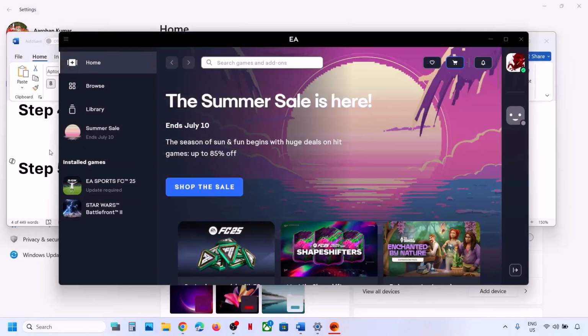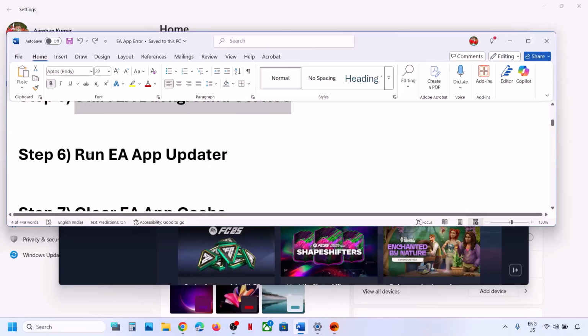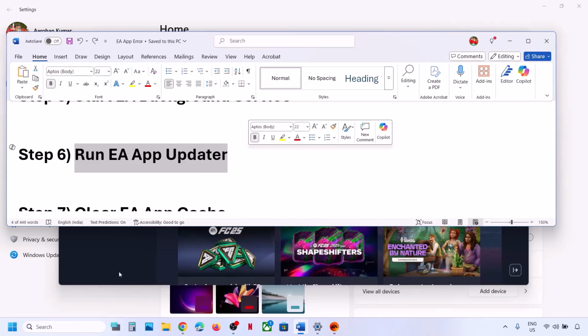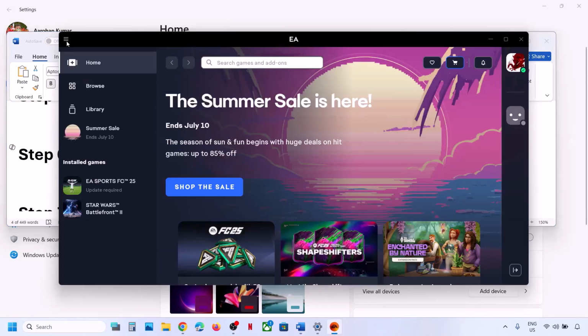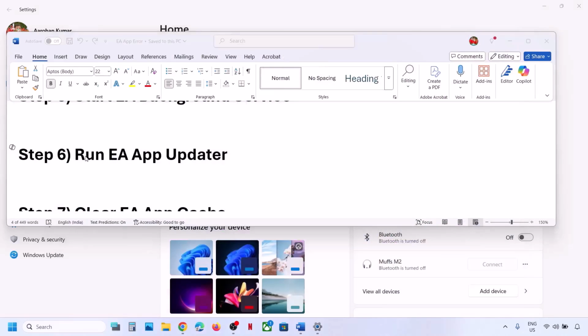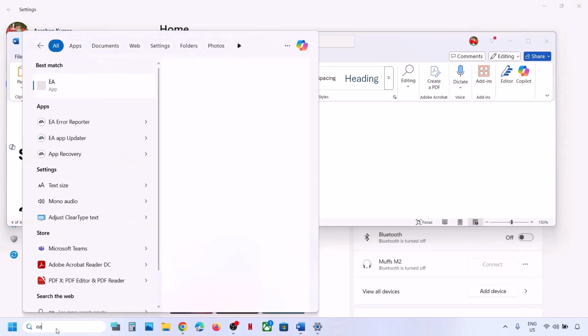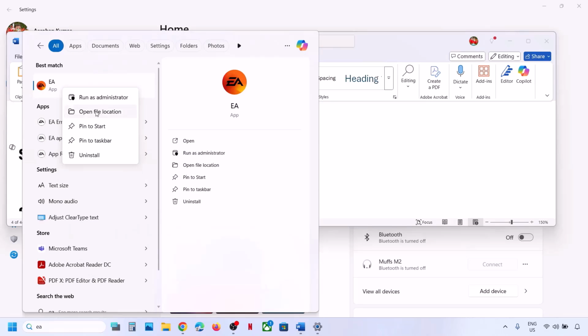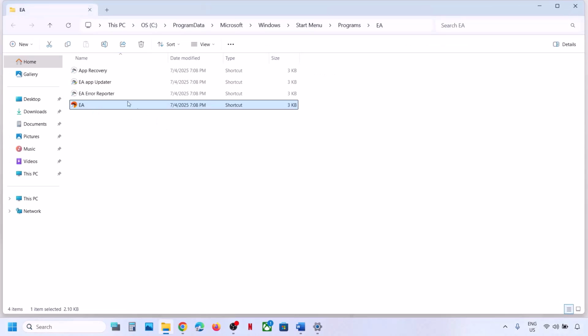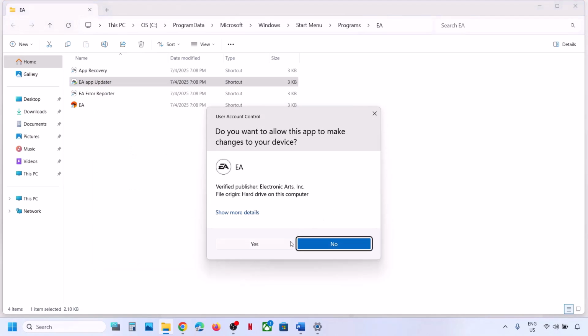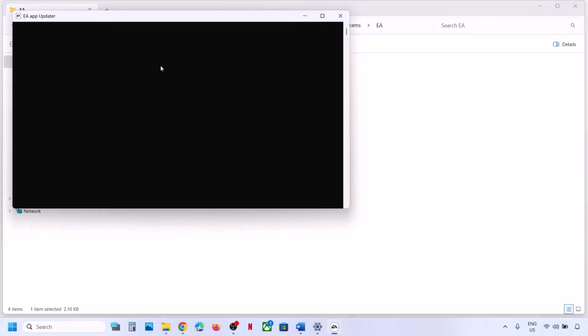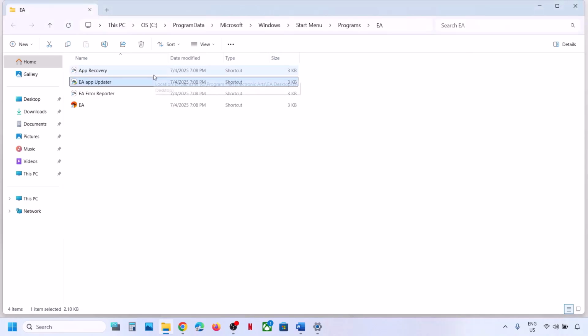Now still not working. The next step is to run EA app updater. So in my case the EA app is working, so let me close this. So run EA app updater. For this you can type in EA app in Windows search box, make a right click on EA app and then click on open file location, and here you can see EA app updater. Make a right click, click on run as administrator, click on yes to allow. This will open this command prompt window and this may take a few seconds and it will auto close